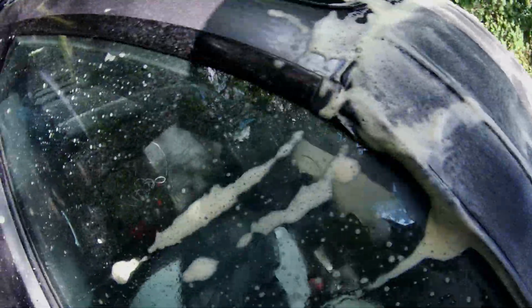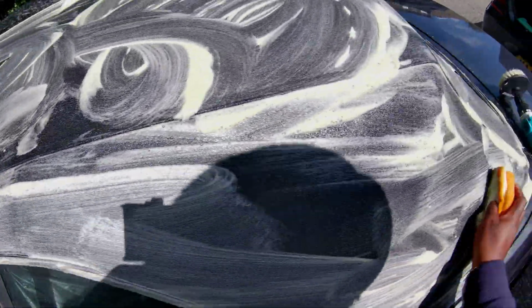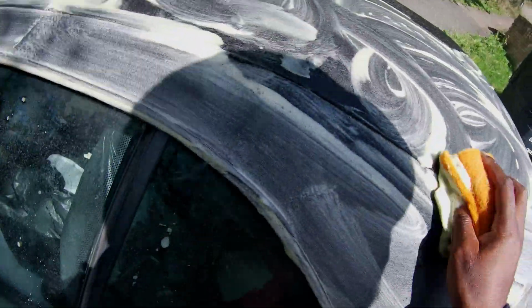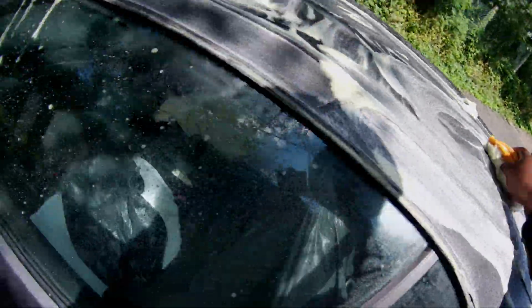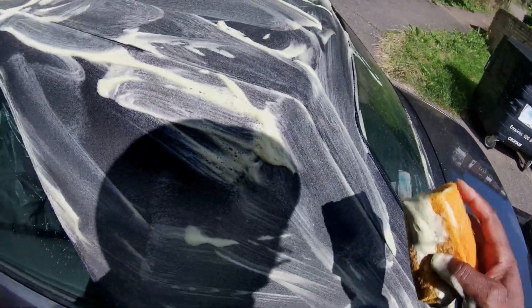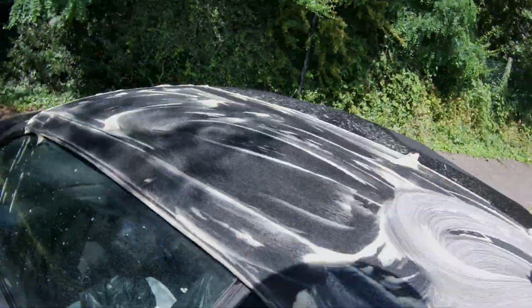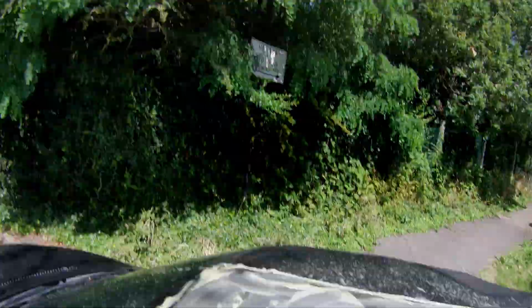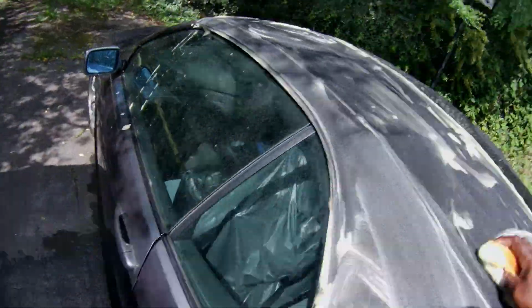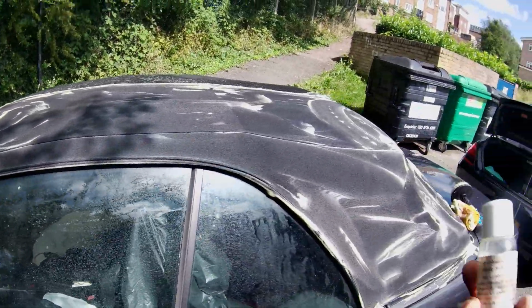when you have been parked underneath a tree for a long period of time and the roof has now reached a stage where it is now green. We can bring it back, guys. Do not park under trees. So as you see,